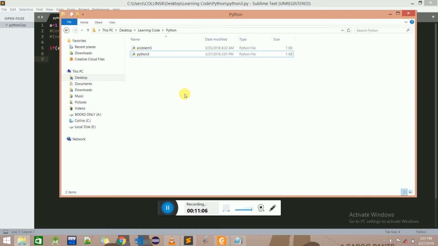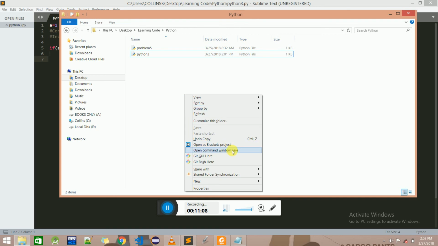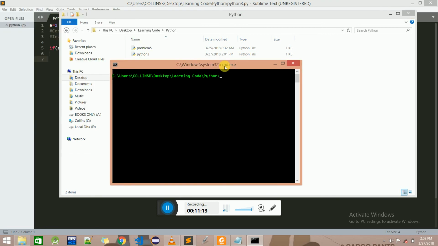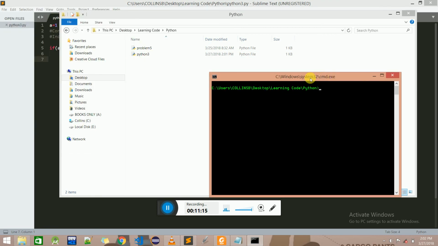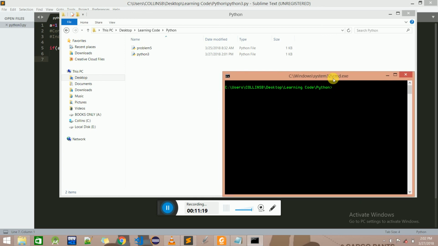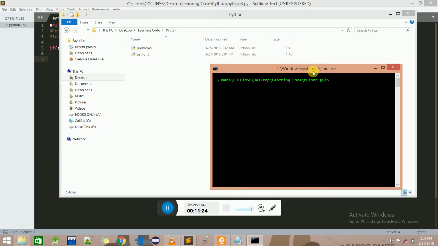You can hold Shift, right click, and go to open command window, and it's going to open our command prompt inside our folder. All right, and here you can then call the Python interpreter and hand it a Python script. So python 3.py